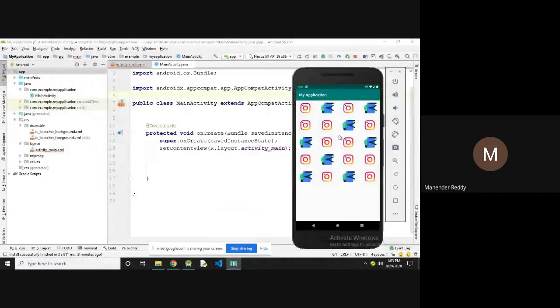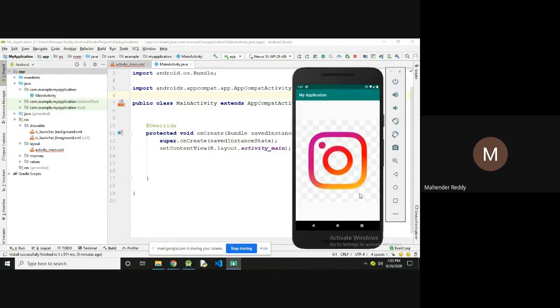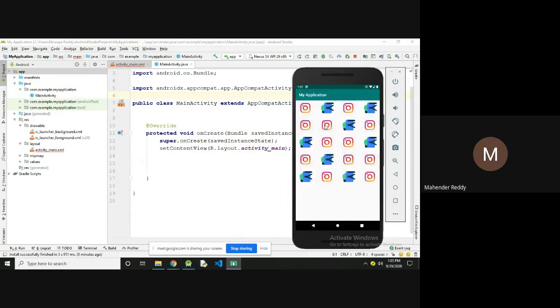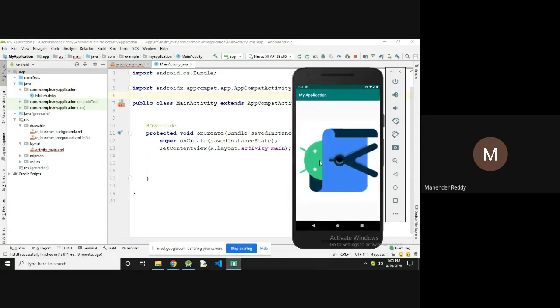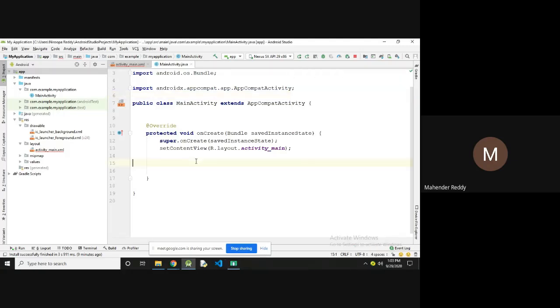Okay, so this is a grid view. I already practiced this one. After execution of this, you will get these images. I used two images to display. You can use whatever images you want to download from the website. After clicking an image, it will open in a new page, full screen. Initially it is a small icon, and if you click that image, it will open the full page. So the full image is what I'm going to implement.